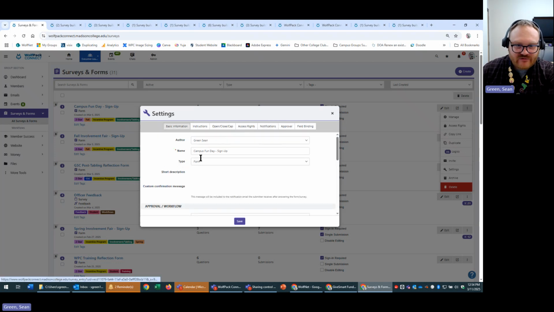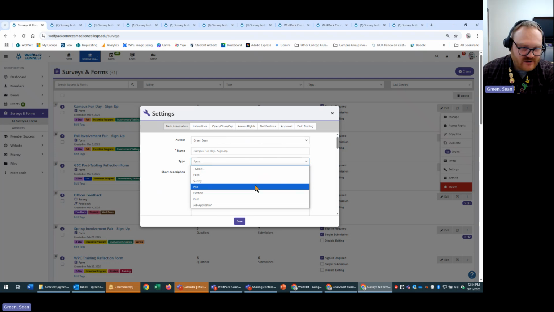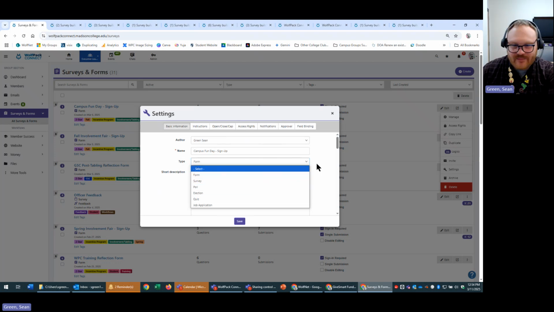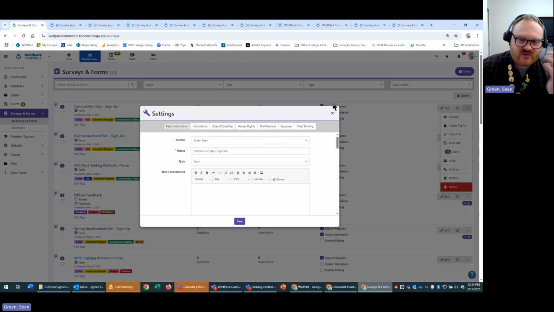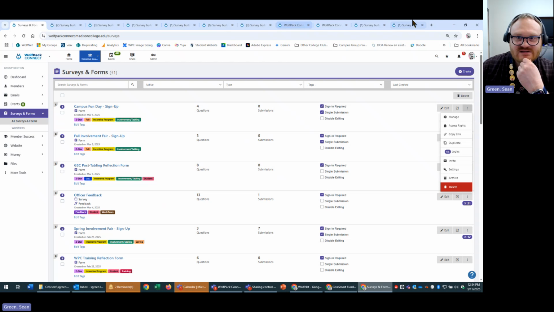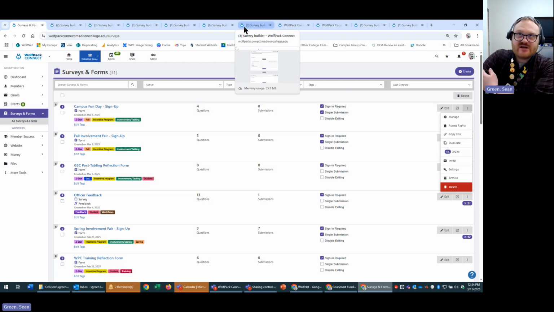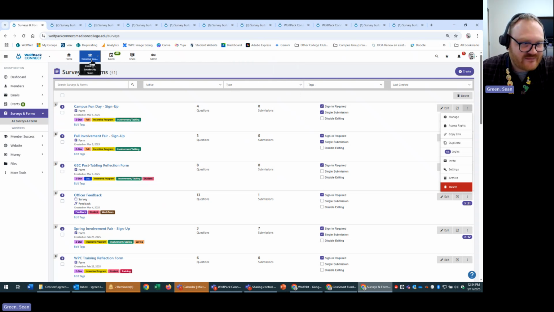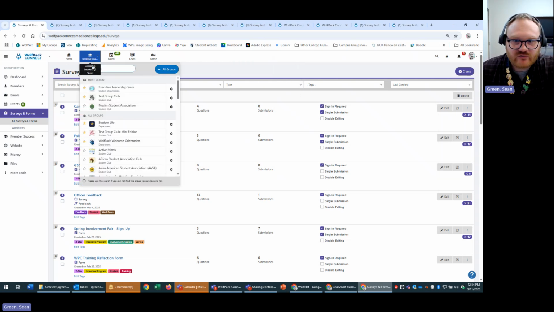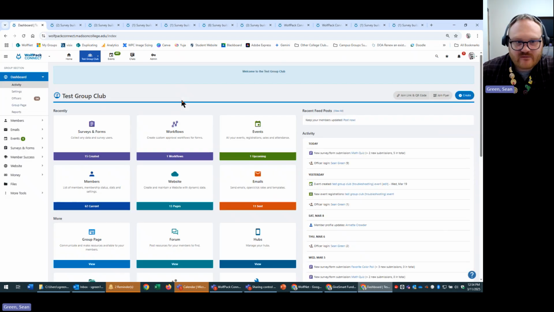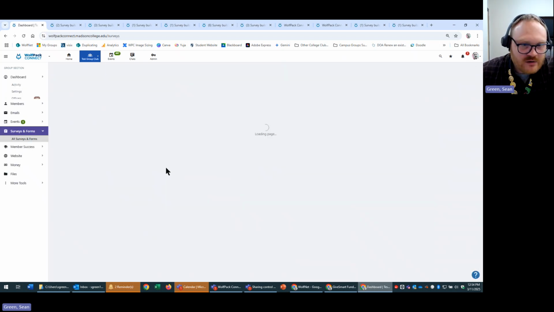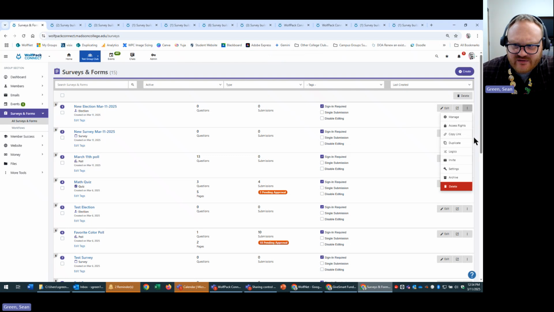Again, though, this one is set as a forum, which might be the reason why it didn't show, it's not popping up correctly. Maybe there's some specific permissions with it being a poll or a quiz, and maybe that would be a good reason why, or it would be a distinguishing difference between those types. But yes, we do use those, and I know that they actually work. I've used those myself, and they have been very, very effective, and they help your branding as well. And then I think that the last one that,